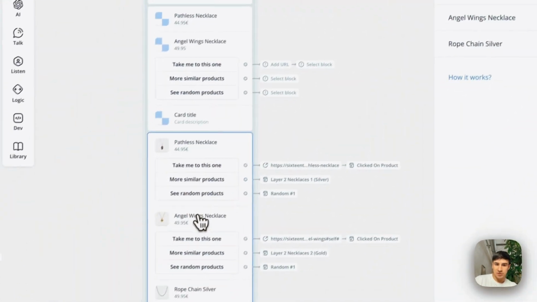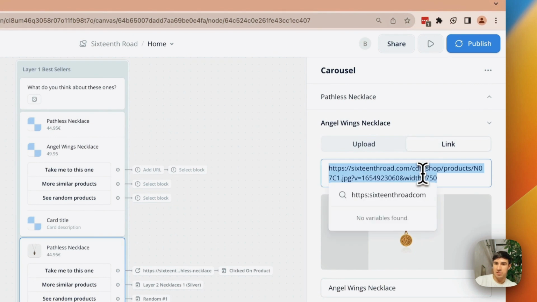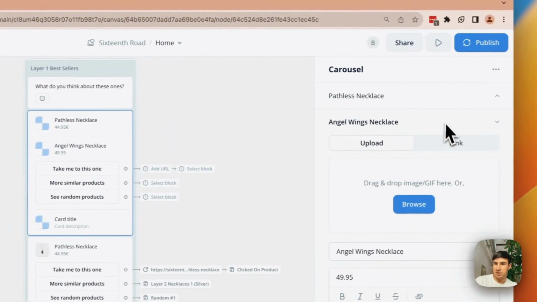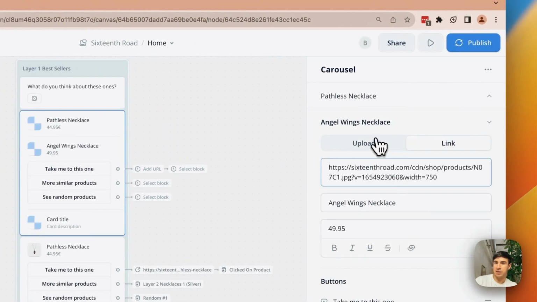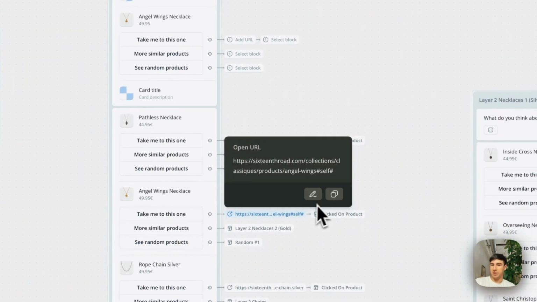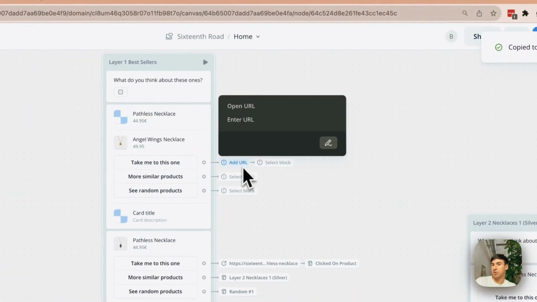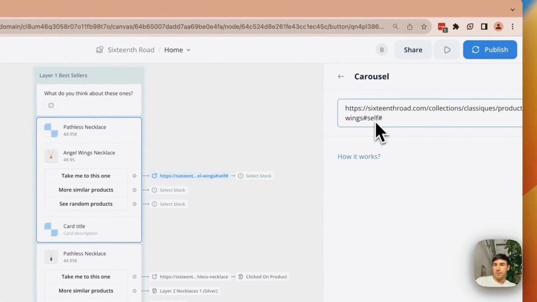Now, how do we fill the image? Okay, so we are doing the angel wings. We have to copy the link here and basically upload the link here. And as you see, this is going to be automatically updated. So now we have to copy paste the URL, but you should go to your website and copy the URL that you actually want. Paste it here